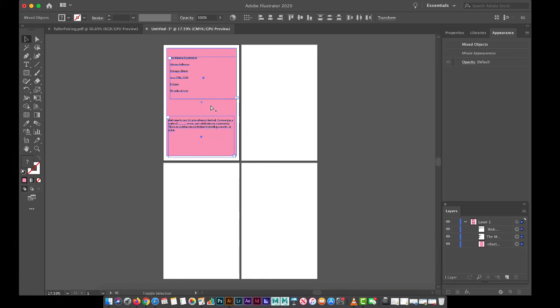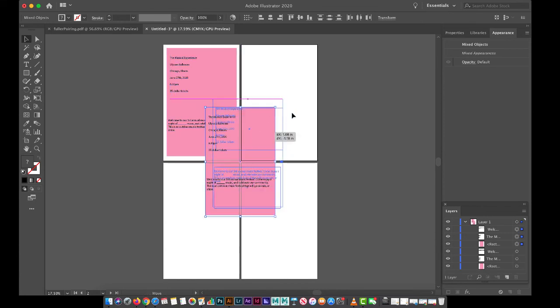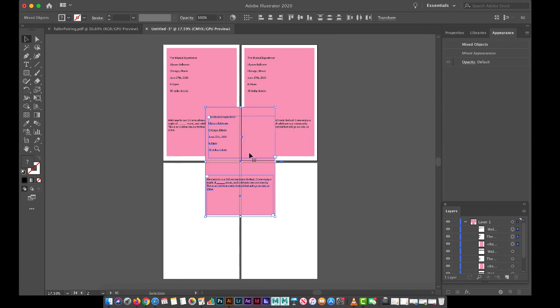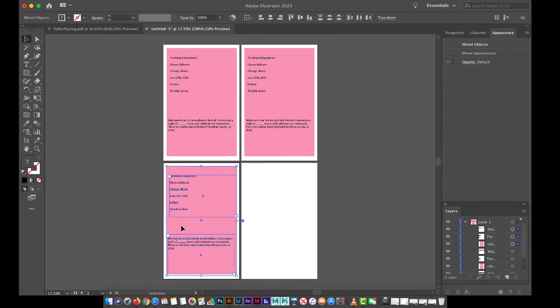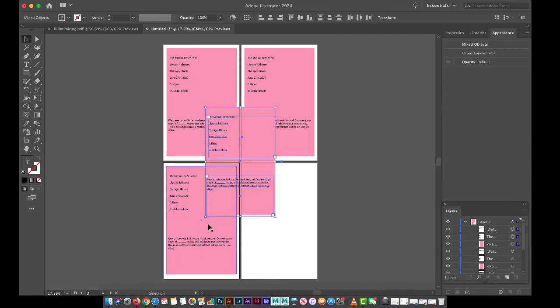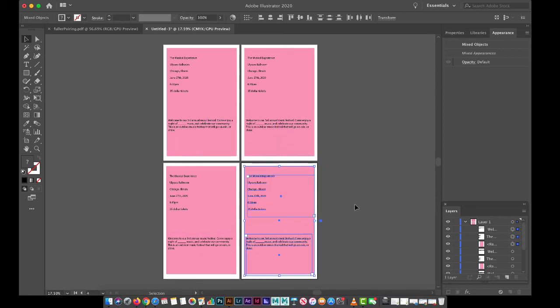Now, of course, this isn't going to work for my lecture. Okay, forget it. We'll do copy, paste. Paste. Paste. So I have the same design in all 4 of my pieces.